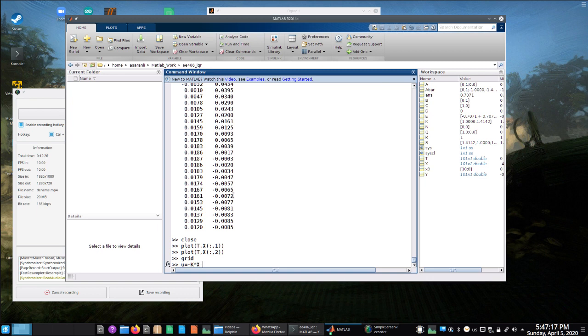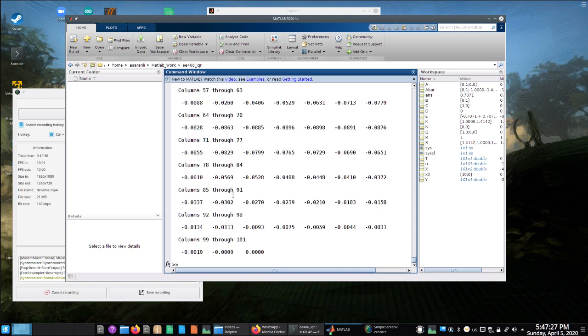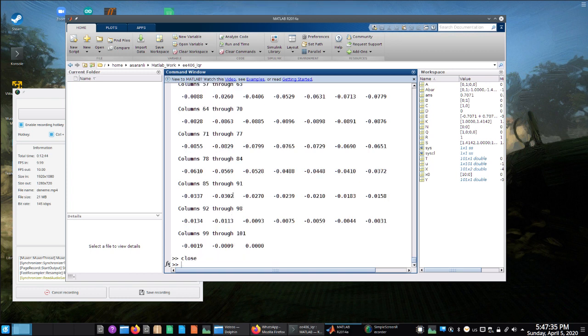So if I take the transpose of x, k will multiply every two entries of the state, so that I will get a u vector in time. So if I close my plot and plot t and u now,